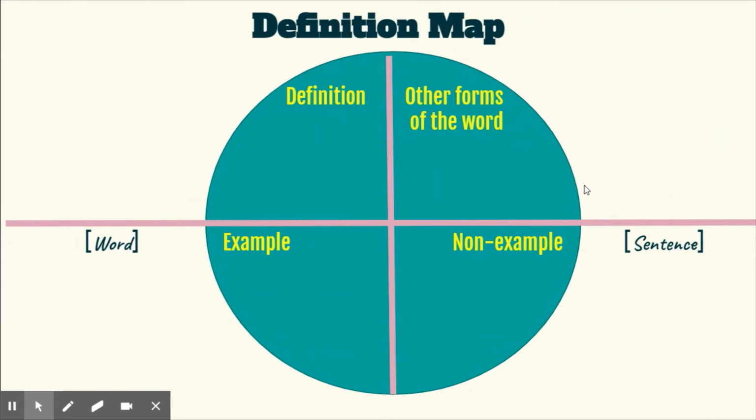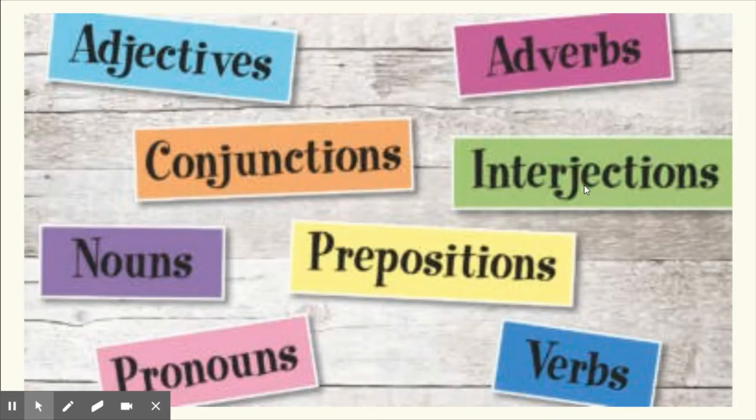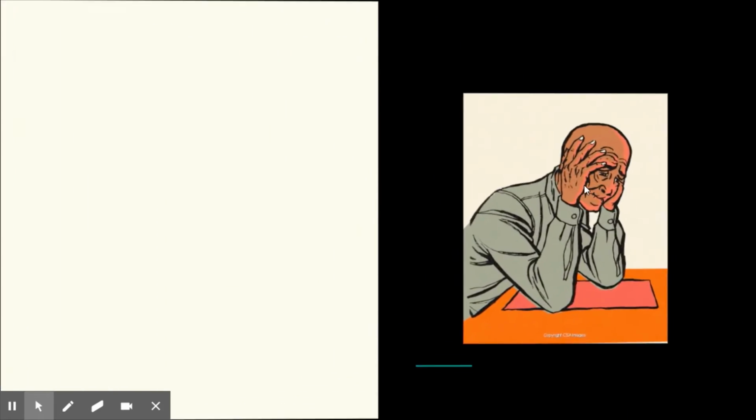So this is our definition map. You have seen it before or something similar to this. Okay, so at the end of this lesson, this is what you will be creating for each of the 8 words that we are going to study today. And I will give you an example as well at the end of the lesson. Just want to let you know that for all of the words, I will be naming the part of speech, and sometimes I will remind you what the definition of that part of speech is. Okay? Beautiful. And let us begin with the first word.